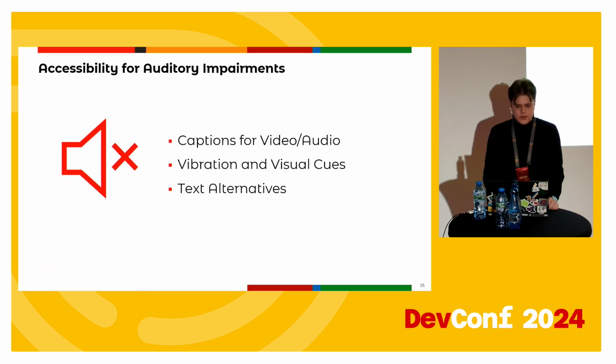For users who are deaf or hard of hearing, relying solely on sound-based interaction or notifications can present significant barriers. Missed audio signals or media content without text alternatives can result in critical information gaps. To overcome these challenges, provide captions for all multimedia content. Replace sound-based notifications with haptic feedback or visuals, and for any sound-based notification or media, provide corresponding text-based information.